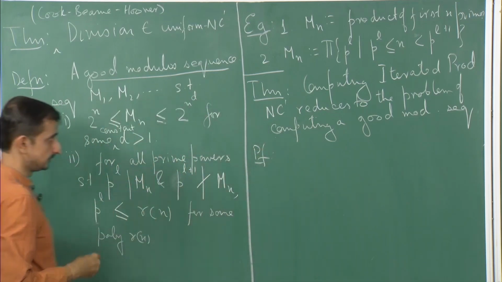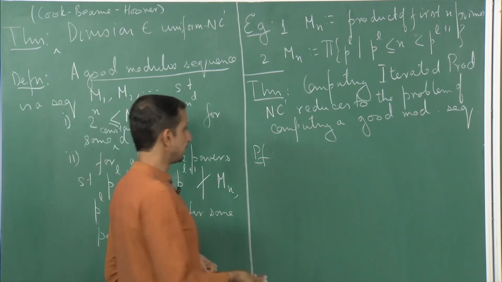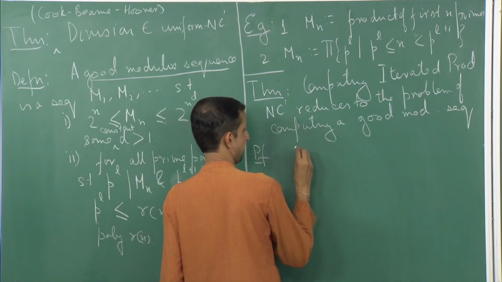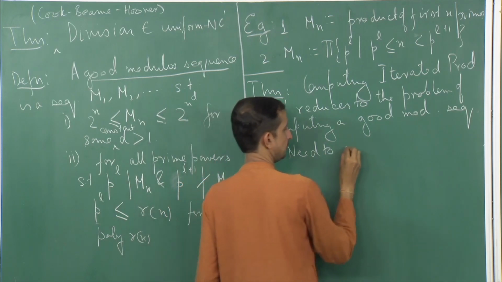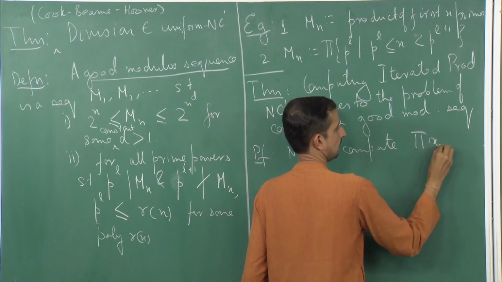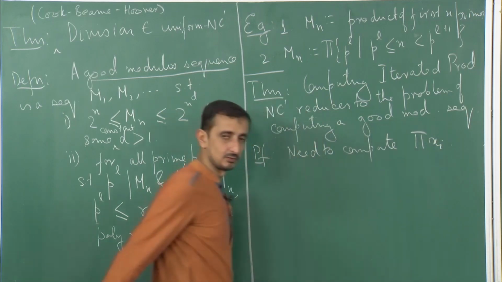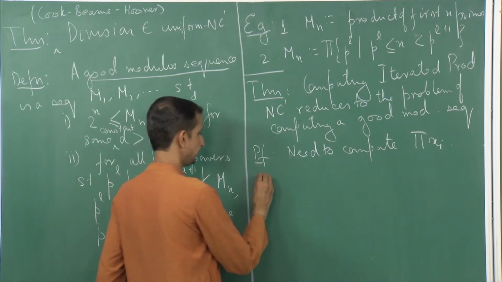So, let us see the proof of this. We want to compute the iterated product. We are given x1 up to xn, and we need to compute this term, given x1 through xn. So, what we will do first is we will